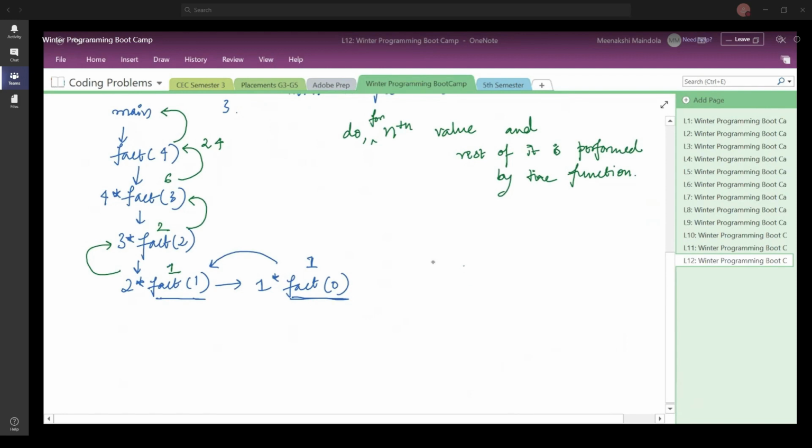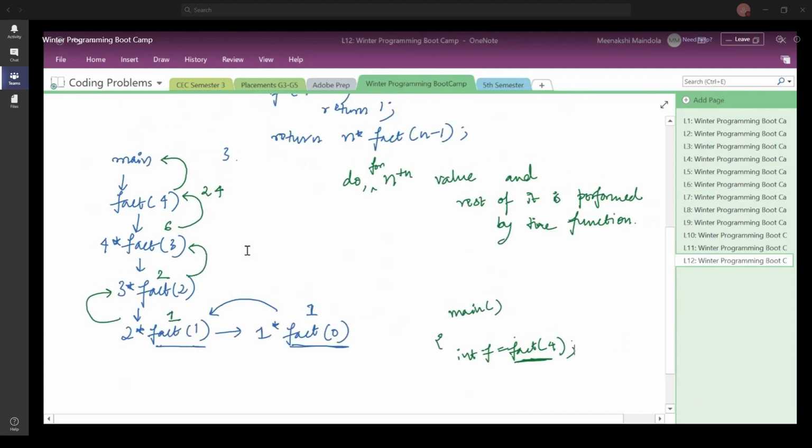Say from the main function you are going to call another function. Let us say you write int f is equal to fact of 4, like this, from the main function. Then the factorial function is going to be called first, and then whatever return value it returns, it is going to come over here and be stored inside f, right?